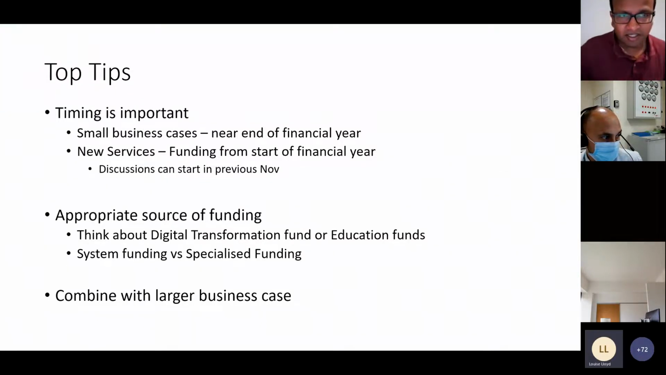Other things: timing is important. You may find, and this is by no means a guarantee, that small business cases tend to do better near the end of the financial year, because often there are different pots of money that are slightly surplus. There was quite a lot of surplus money, particularly in COVID funding, at the end of last year. New services funding is better off starting from the start of the financial year, but remember that contract discussions may start as early as the previous September, October. So try and get things on board to start in the following financial year, where they're more likely to get